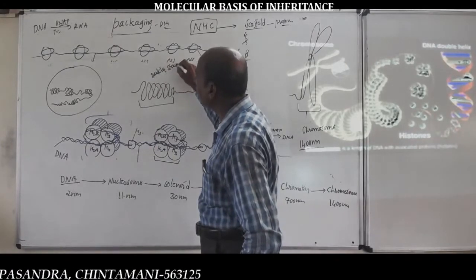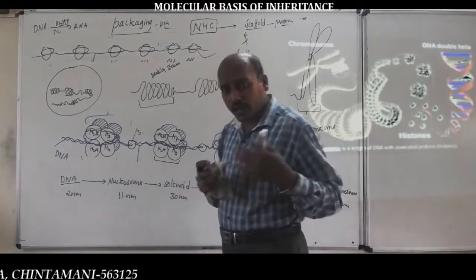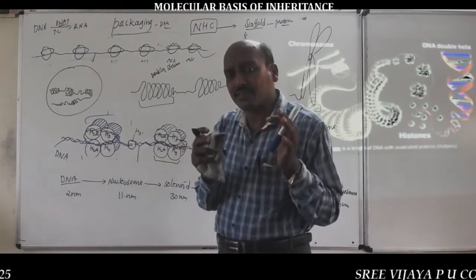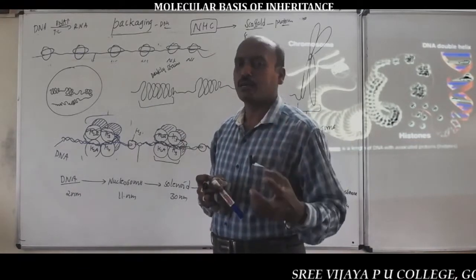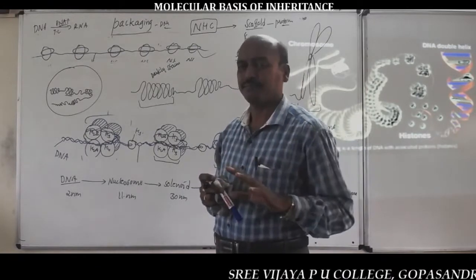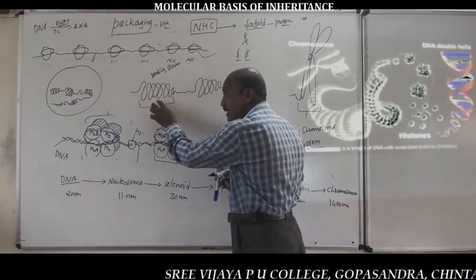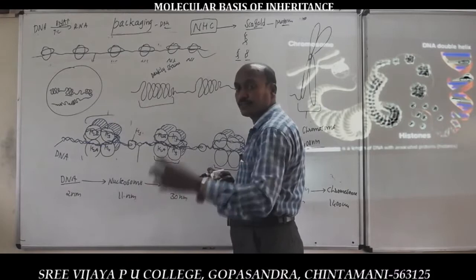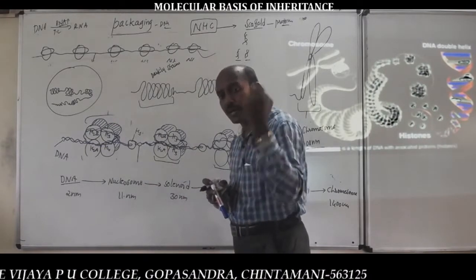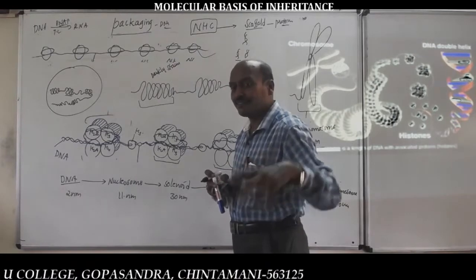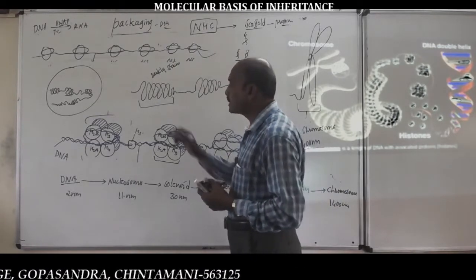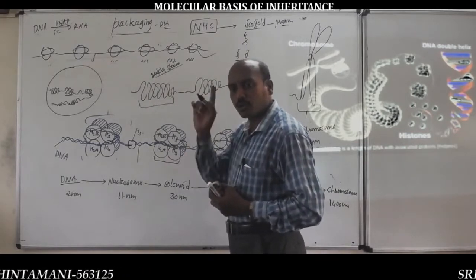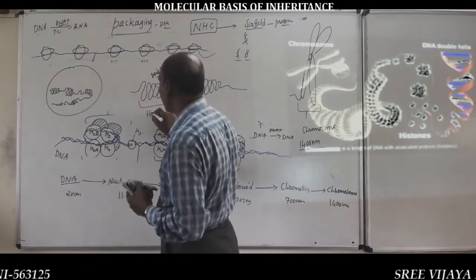Darkly stained means that when we stain a cell to observe its cytological characters, using acetocarmine or acetoorcein stain, this more coiled region of the chromatin fiber is densely stained, meaning it takes up a large amount of stain and appears in dark color. Such more coiled, darkly stainable regions of the chromosome or chromatin fiber are called heterochromatin.